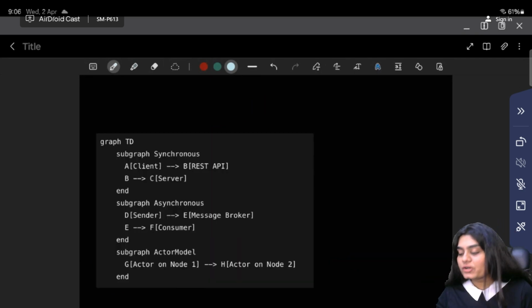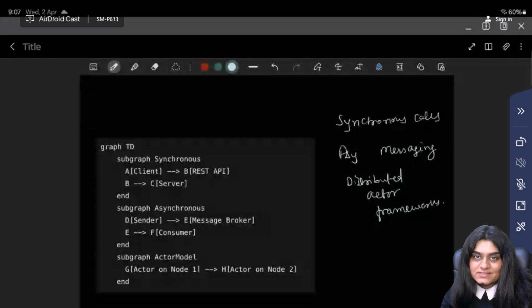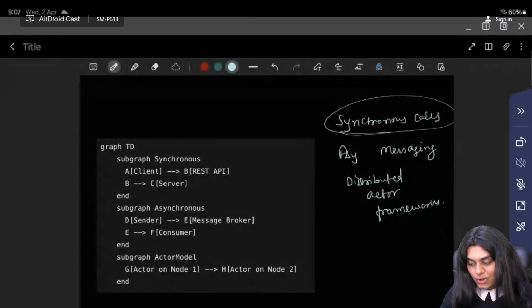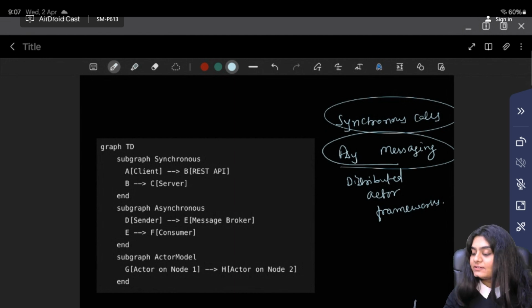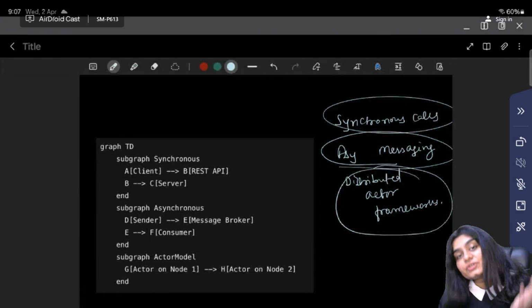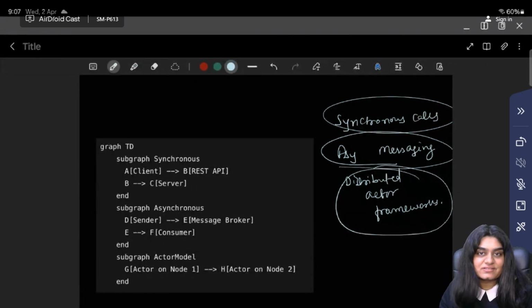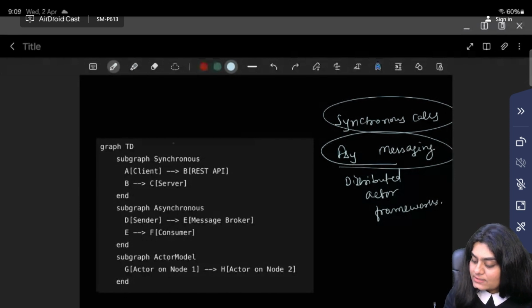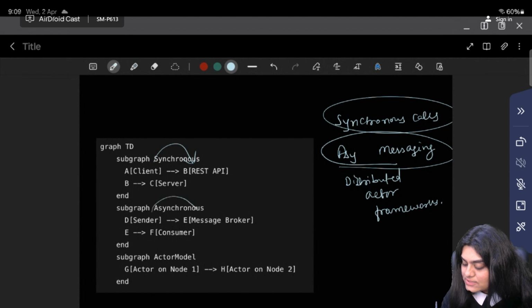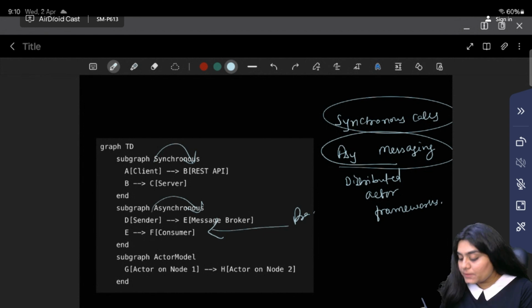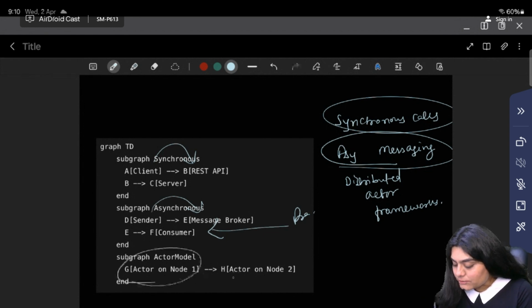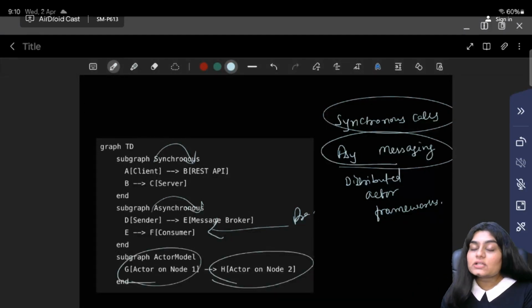Now that we have covered all the basics, let's see how these pieces fit into system design. Modern systems often use a mix of synchronous calls, asynchronous messaging, and distributed actor frameworks to create robust and scalable architectures. Look at this diagram. A client is using the REST API to get an immediate response while also using the message broker for asynchronous processing. And meanwhile, an actor system running on multiple nodes handles long-running or complex tasks without overloading any single part